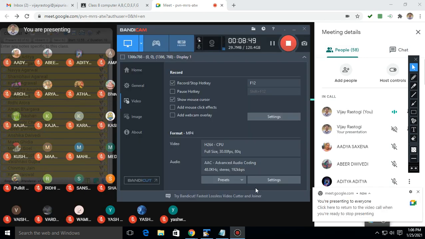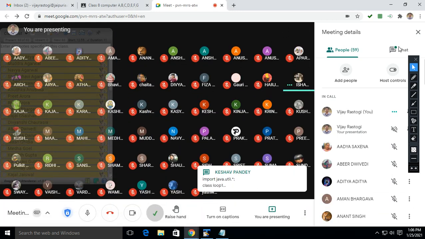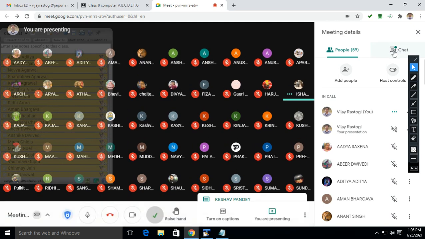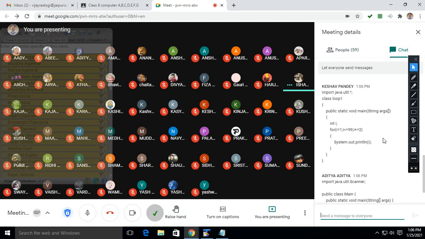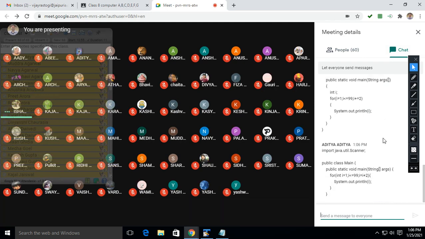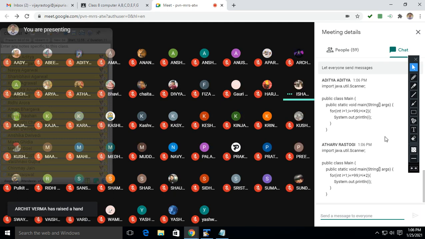Hurry up, everybody. Absolutely correct, Keshav Pandey. Aditya is absolutely fine, beta. The question was to print odd numbers, right? So the starting point must be 1, the last point must be 99, then plus 2. Anusha Tulsian.